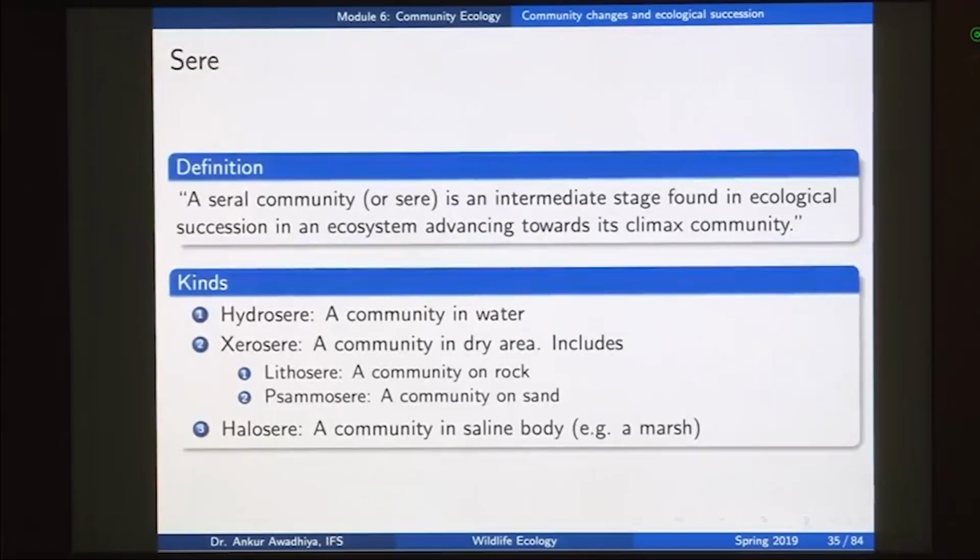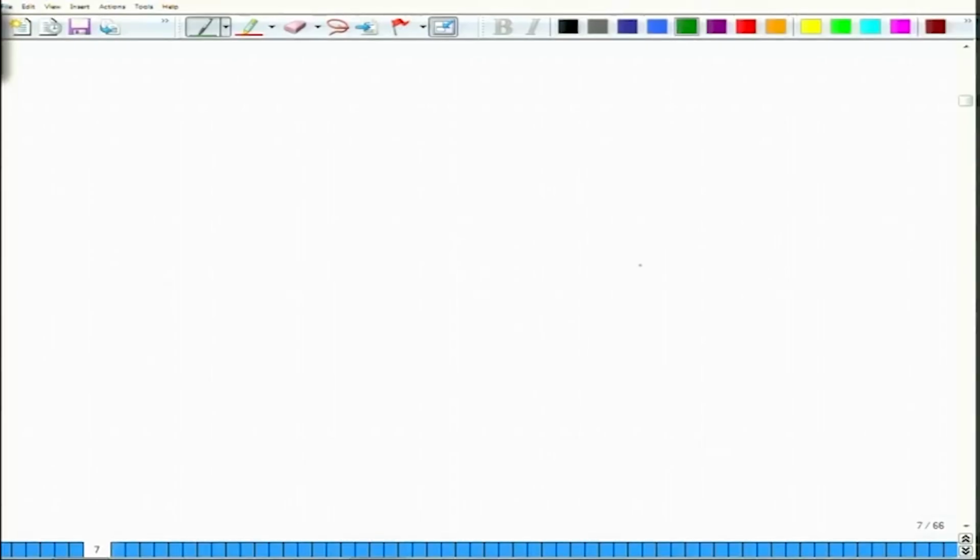And we also have this other term which is called a sere. A sere, or a serial community, is an intermediate stage found in ecological succession in an ecosystem advancing towards its climax community. So, essentially, when we were referring to a community that ultimately became a forest,